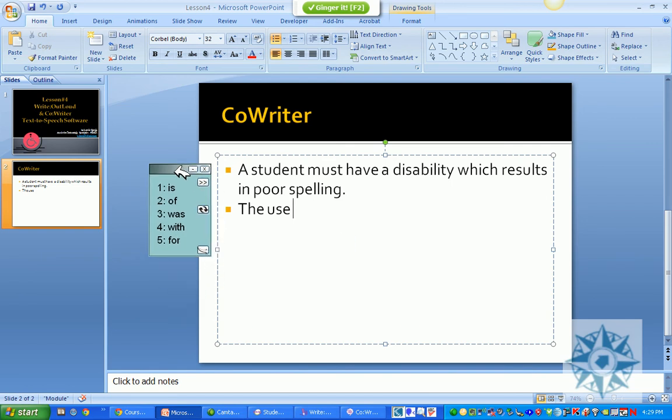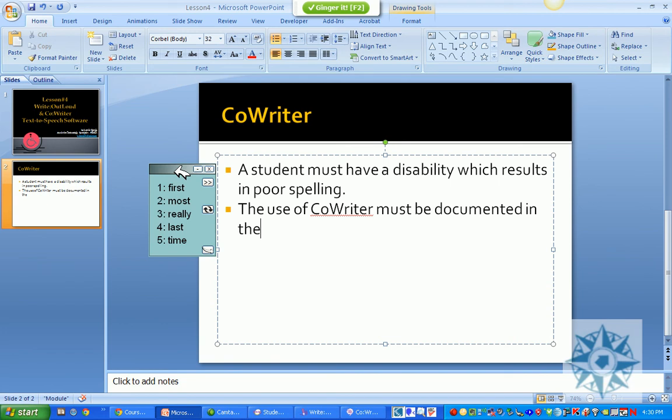And I can go back and edit any mistakes that I've made. I'm going to use the co-writer to help me. Co-writer must be an allowable